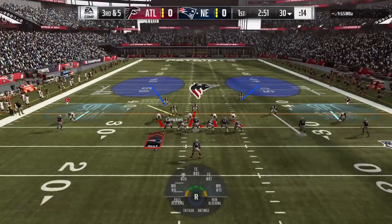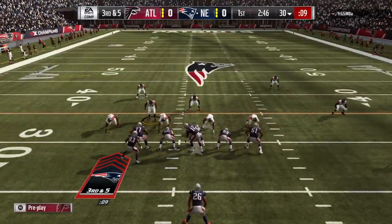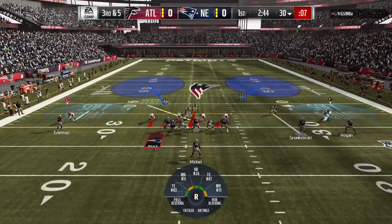Sugar, sugar! Right! 54! Go! Orange! Right,